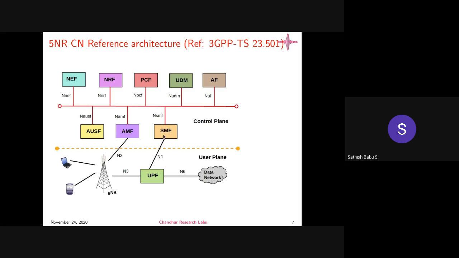Next one, this AMF, SMF, already I told you, your MME, mobility management entity in 4G, has been divided into two things. One is access mobility function. This is directly connected to your gNB. Okay, so all things regarding your signaling with your gNB and your communication with the user equipment, mobile or laptop or whatever data service. So AMF relates directly with the user through gNB. All kinds of signaling between the gNBs and the AMF, it takes care of all those things. That's why access mobility